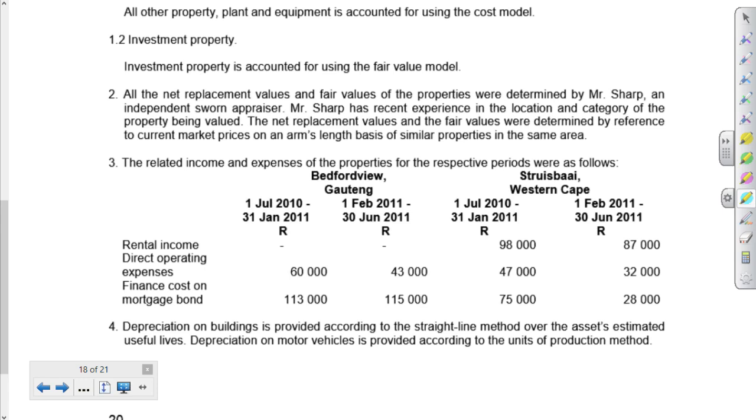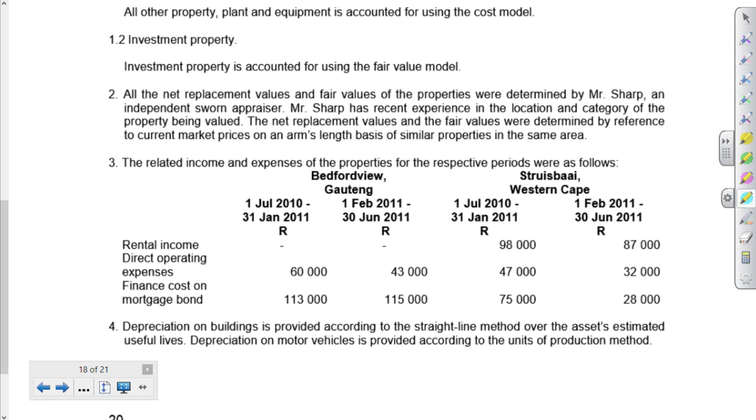If they were a manufacturing company and they had a property in Bedfordview and one in Cape Town and were selling the one in Cape Town, it would just be one of our assets that we're selling, isn't it? Because they're an investment holding company, that's how they earn their money, from rental income. Then they have a property in Bedfordview and a property in Western Cape. The Western Cape one is being discontinued. So I want to see a discontinued operation